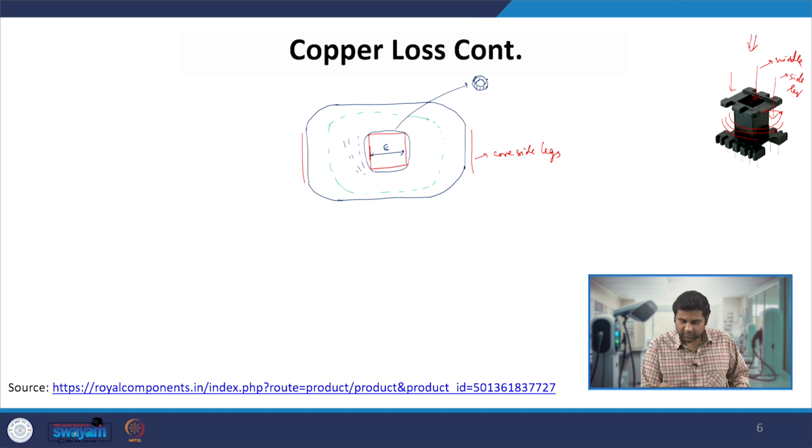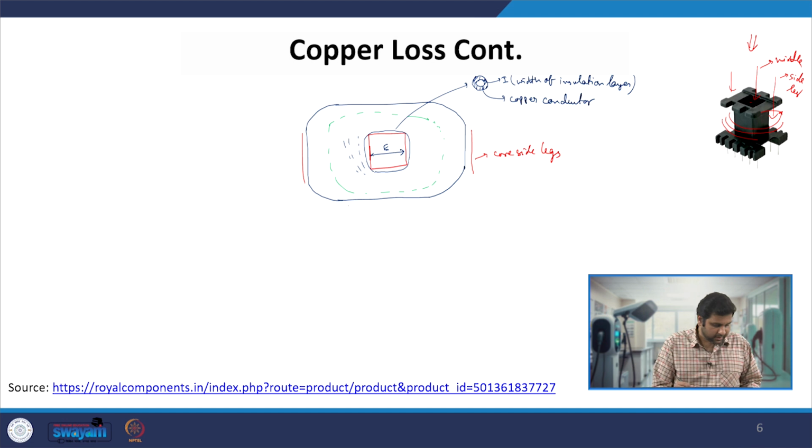Let us take the width of this insulation layer over the copper winding to be I. So this is the copper conductor actually. Now let us say this is the dimension E. Let us take this dimension, going from here till this point,